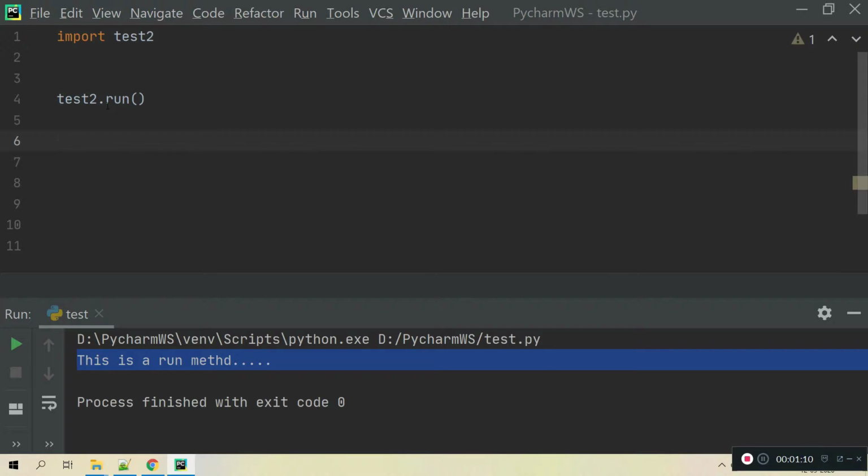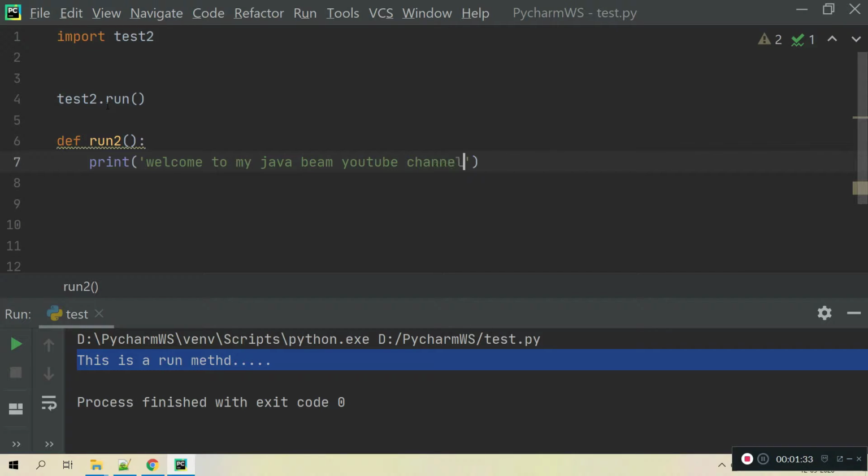So let me write one function here, run2, and it prints a string.